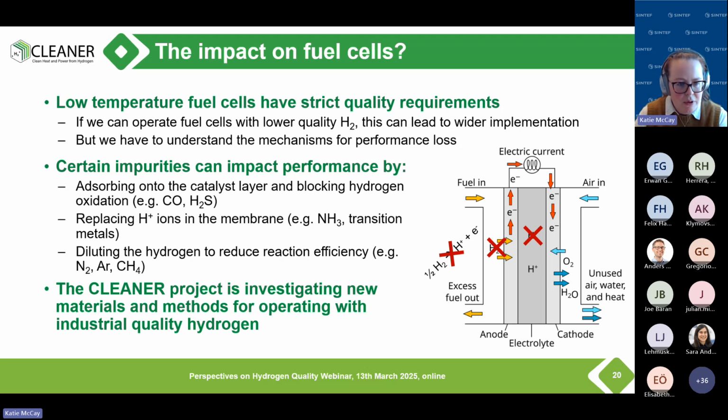These can be things like ammonia, and also different transition metal cations can do this. And finally, we can also just get a simple dilution of hydrogen with more inert impurities like nitrogen, argon, and also methane. So there are several different methods that impurities can impact the performance. Again, one of the main goals of the project is to actually understand these and try and figure out how